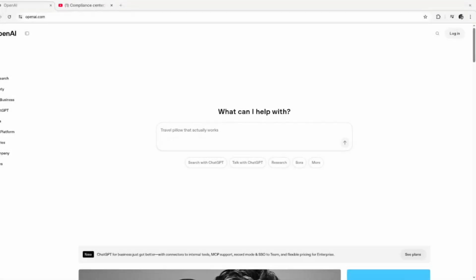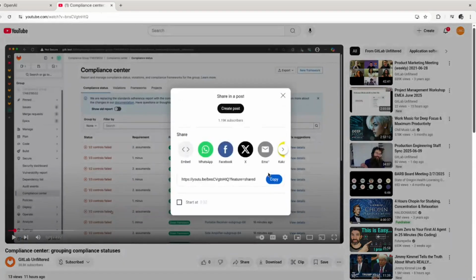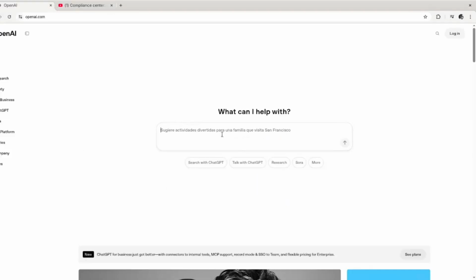I like it. And because this is so much fun, and it's all so amazing how all these things work together, let's do one last demo and take a short video and pass it into the AI, and we'll go ahead and see if it can find something for us. So for this, I'm using OpenAI here, and I picked a short video. This is a public video from GitLab, and we'll take the link to the video, and we will go ahead and prompt here,